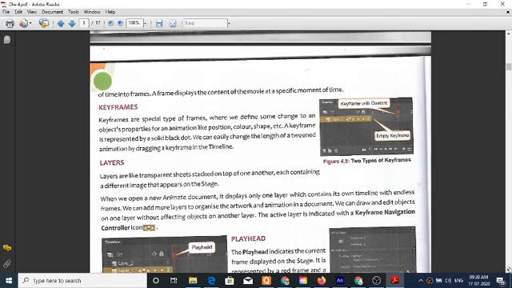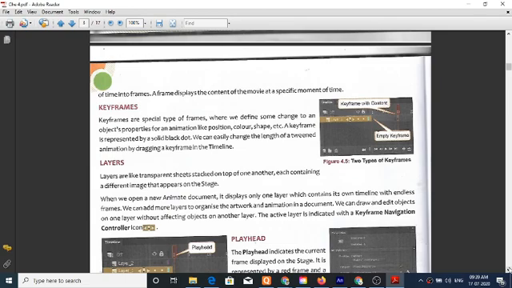Now layers. Layers are like transparent sheets stacked on top of one another, each containing different images that appear on the stage. When one opens a new Animate document, it displays only one layer which contains its own timeline.